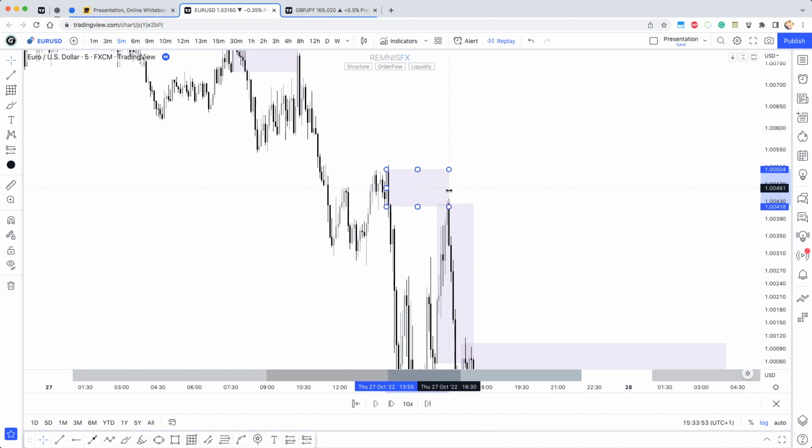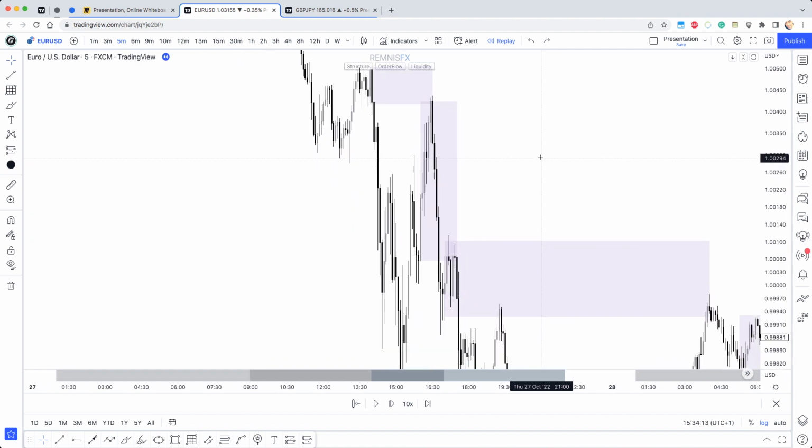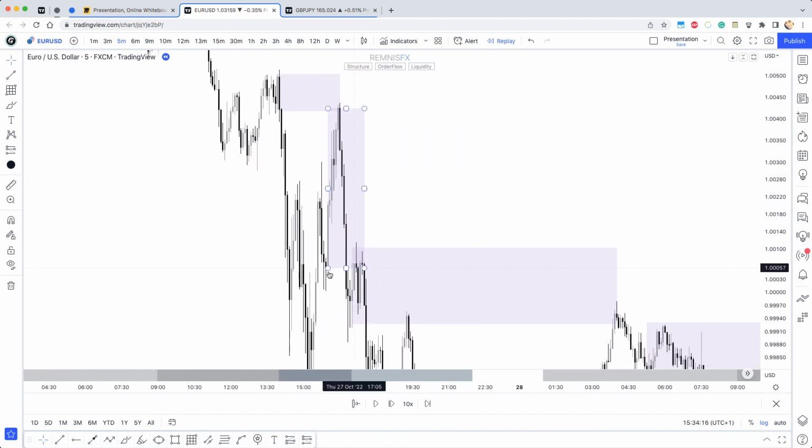Yeah, that one was also tapped, right? See? So this would have made a major difference in minimizing your risk, because it's almost 2.5 times the size if you looked at it from the 15-minute time frame, right? In this case, it wouldn't have worked if you would have refined your, well, actually, perhaps, yeah, this candle, it tapped in and it did go, but you have to be lucky to